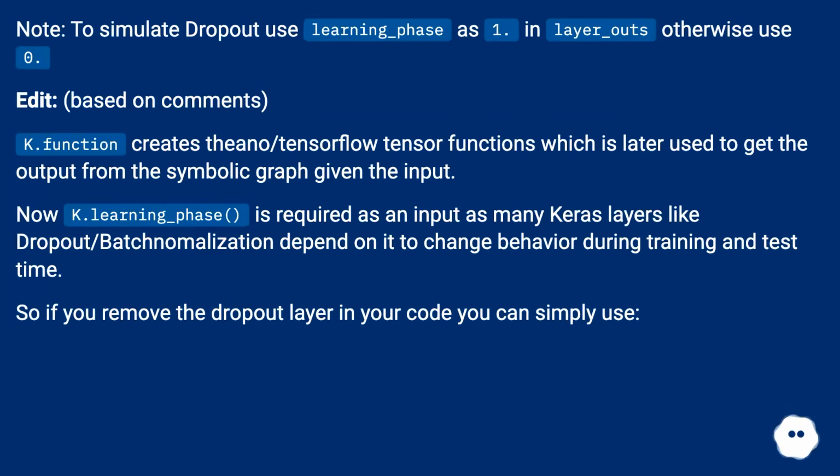Edit, based on comments. K.function creates the Theano/TensorFlow tensor functions, which is later used to get the output from the symbolic graph given the input. Now K.learning_phase() is required as an input, as many Keras layers like dropout/batch normalization depend on it to change behavior during training and test time. So if you remove the dropout layer in your code, you can simply use